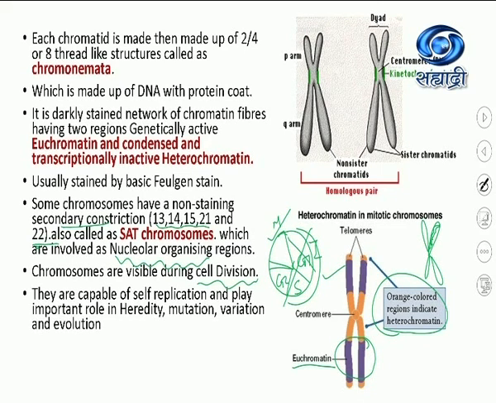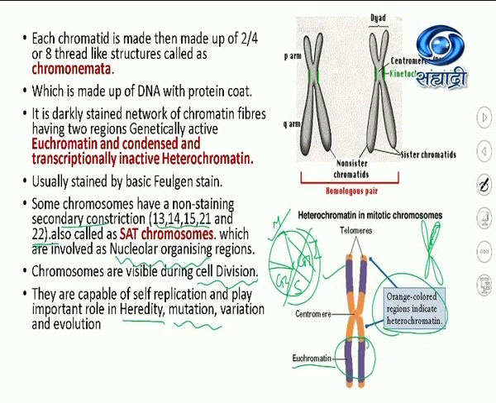They are capable of self-replication, and they play a very important role in heredity. You know, you are like your parents. Somebody might be like the mother, somebody like the father, somebody might be like a grandmother or grandparents. This is because of our genes, which we get through our chromosomes. They play an important role in mutation. Sometimes our genes mutate, and where are these genes located? They are located on the chromosome. They bring about variation, and if variation occurs, it will lead to evolution. So I hope you are getting this.